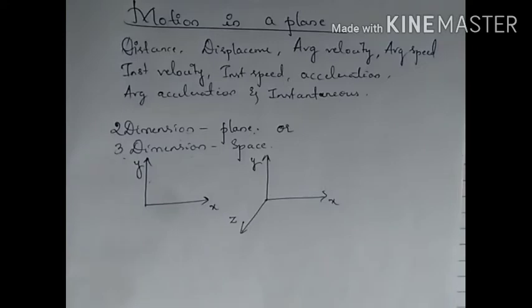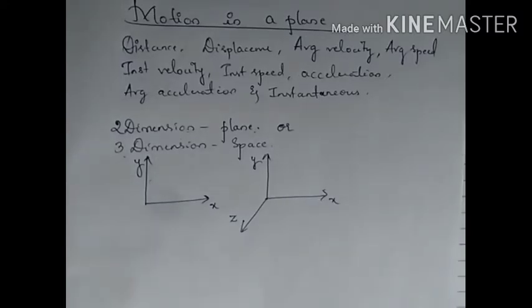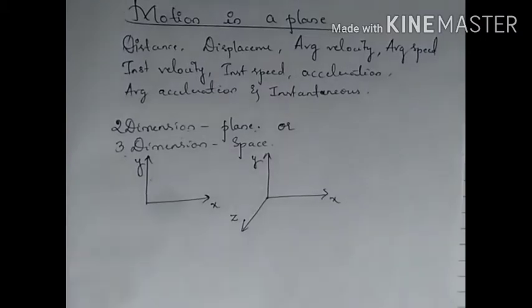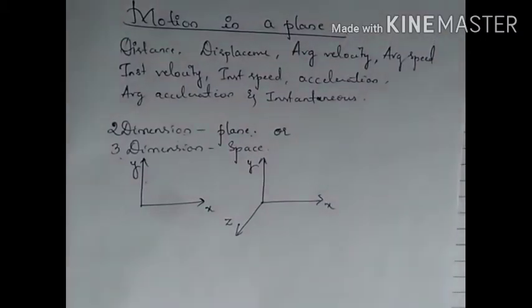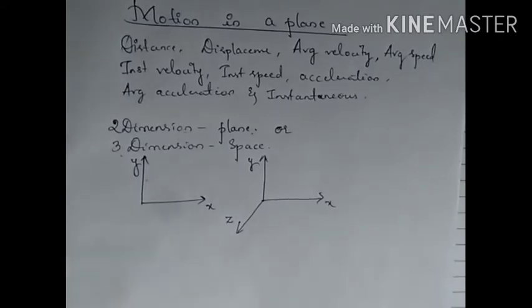Then we will move on to projectile motion. After projectile motion comes circular motion, which is very familiar to you all. In that we'll learn uniform circular motion in detail. So in this chapter we will concentrate more on vectors, how to add or subtract vectors, and the rules for adding and subtracting vectors. Then we'll learn projectile motion and uniform circular motion.